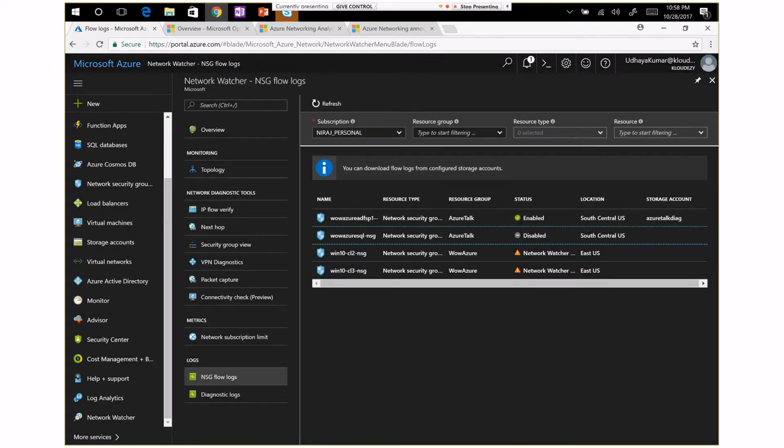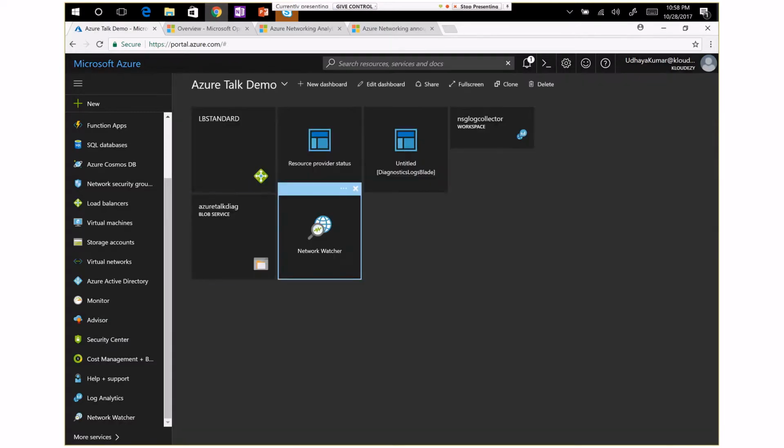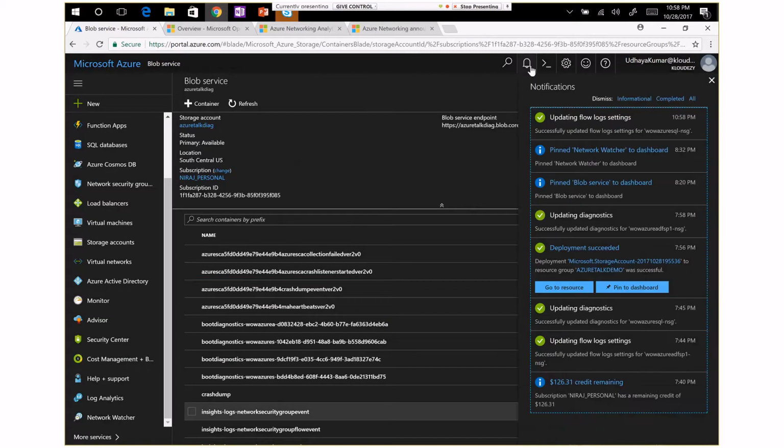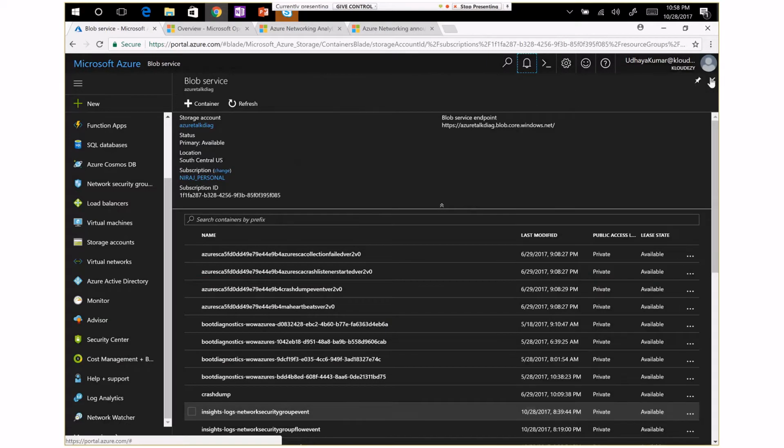I already have a storage account which is collecting those logs, currently in operation for one of the NSGs. I already enabled it for one of the resources. You can go to the blob storage.